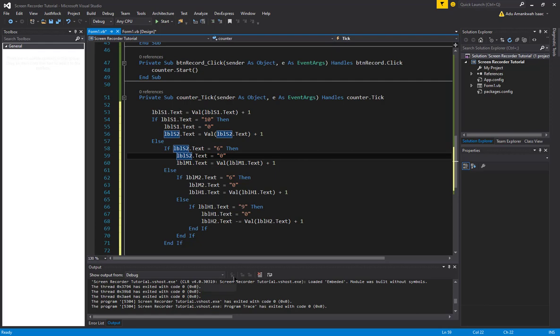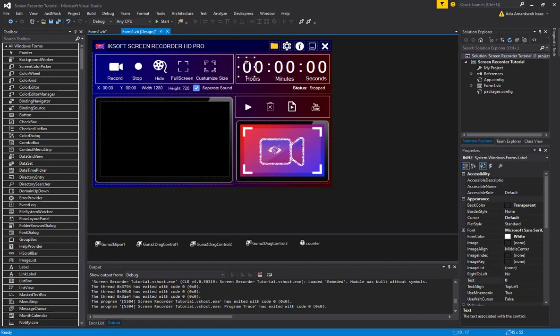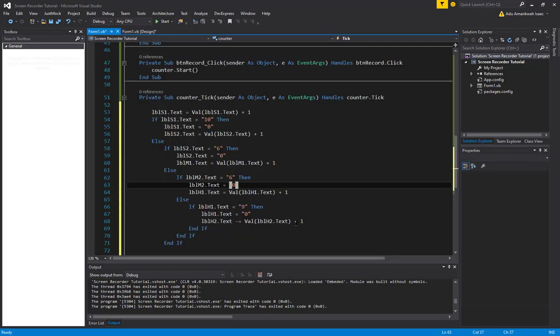So now we have this here, right? What we are trying to say here is when this reaches 9 and this reaches 9, which means 99 hours, you can record up to 99 hours. So when you are creating an executable file, you can restrict this as the other softwares do. If you record up to, let's say, 30 seconds, if you are using a trial version, it's gonna cut. You can do that from here. But let's see if it turns to 99, which is you've recorded up to 99 hours, then we will say